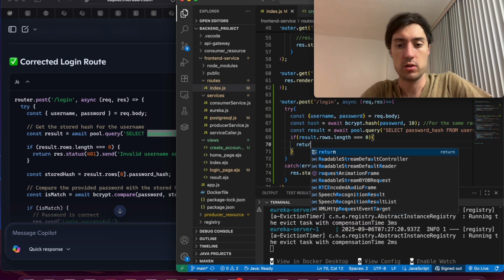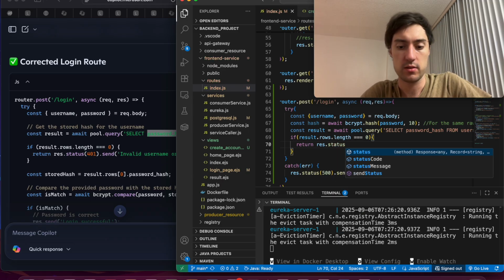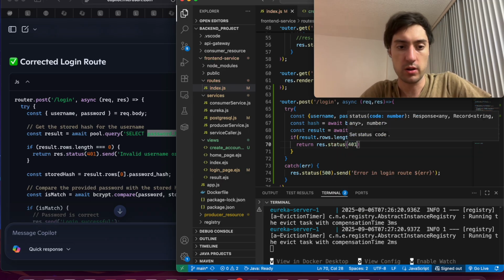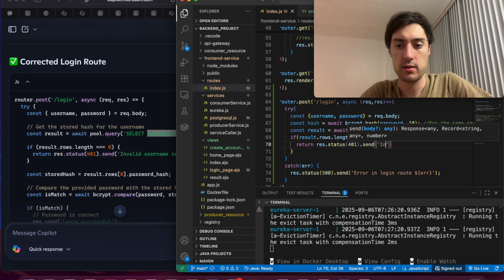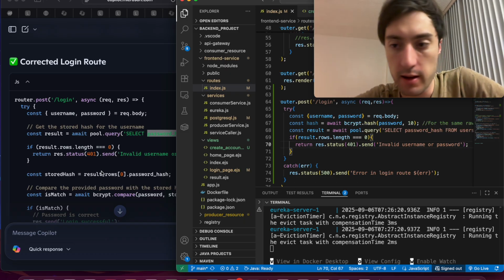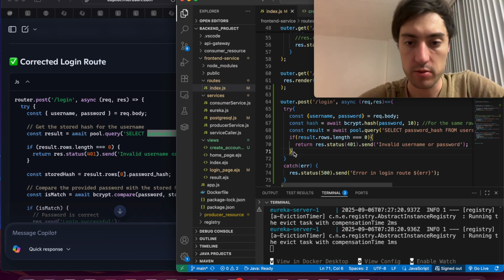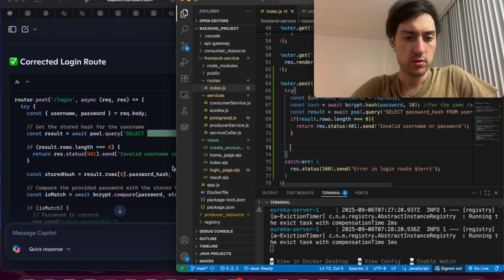So return response.status 401, okay, .send, and then invalid username or password. Okay. Now what we can do is assume that they are the correct person. Const stored hash is result.rows